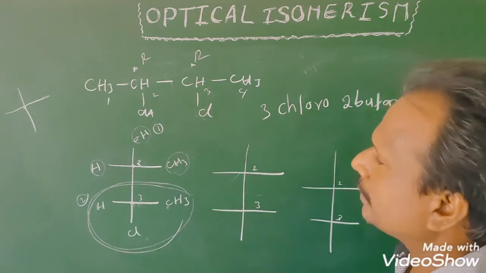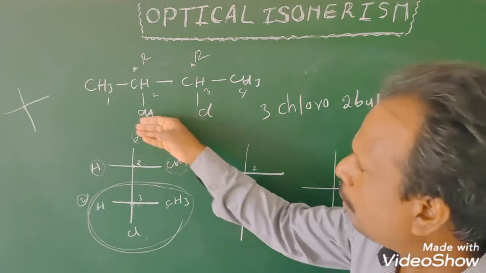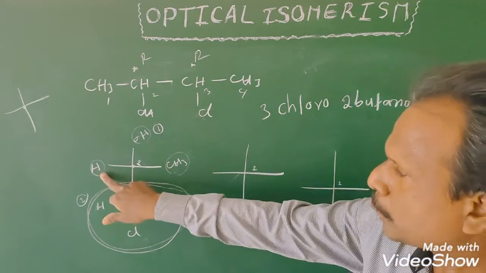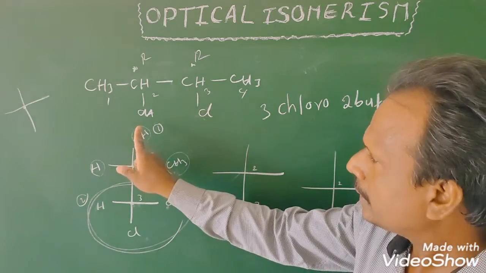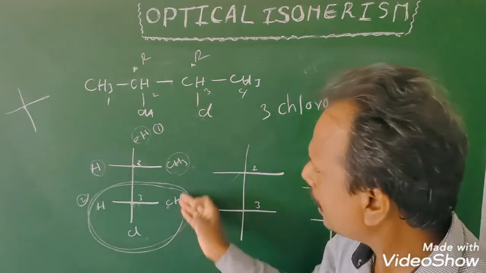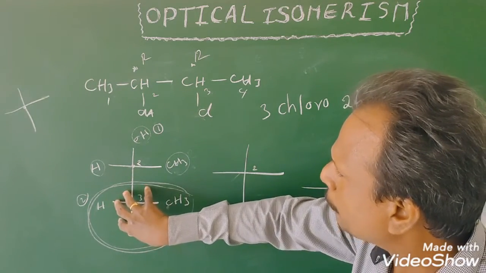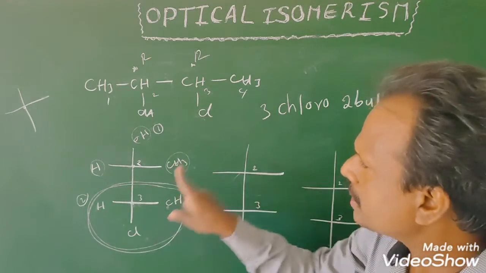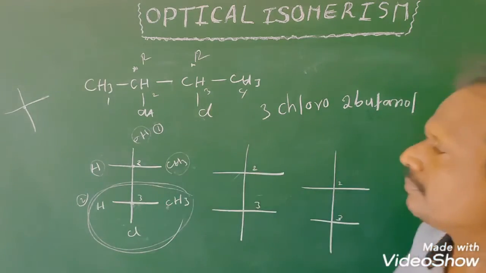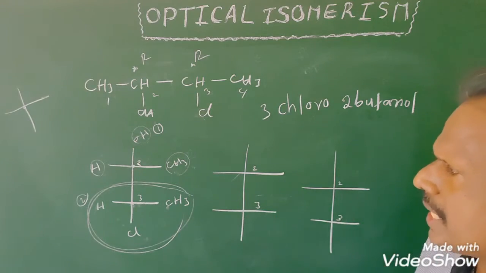This group is 3. H is 4. It is 1. It is 2. It is 3. 1, 2, 3. The fourth group is ignored. H is the fourth group, so it is ignored. It is 1. It is 2. It is 3. Overall this group is a single group. It is a chiral carbon. This group is considered as a single group. It is 1. It is 2. It is 3. 1, 2, 3. It is anti-clockwise. In Fischer projection, there are simple tricks.